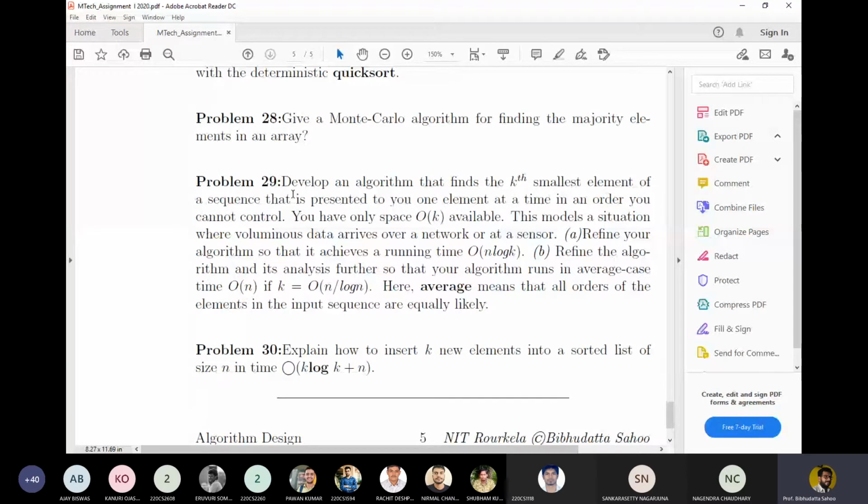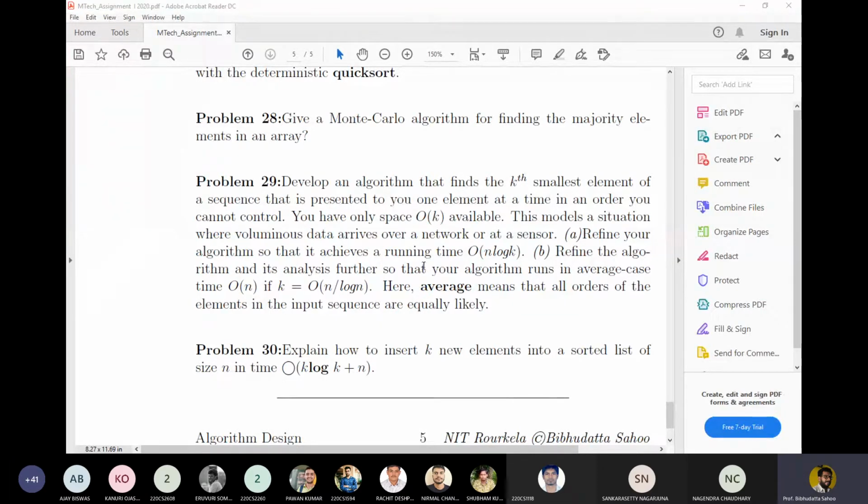Now this is one of the problems which we'll discuss as a case study: how to find the kth smallest or kth largest element. I discussed it in one class. This is known as order statistics. One approach is how quicksort can be used to find the kth smallest or kth largest element. That we'll discuss because a bit of mathematical derivation is involved. I'll be using other devices to explain, as typically these things we study on a blackboard. So we'll do that maybe in the next class.